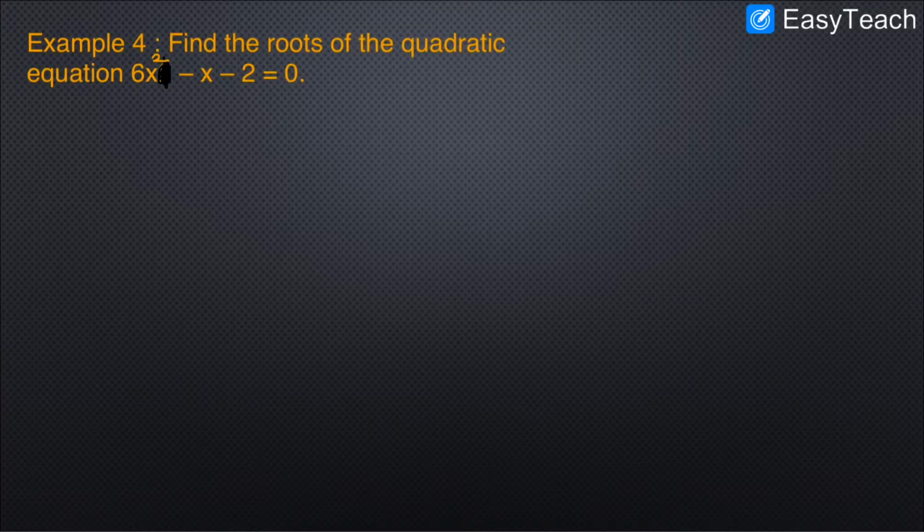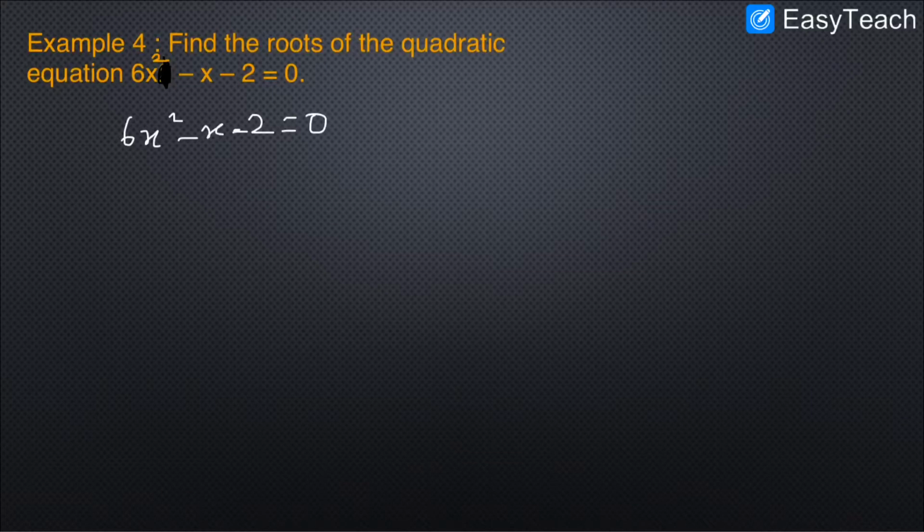So here is an example. This is how the question will be. Find the roots of the quadratic equation 6x square minus x minus 2 equals 0. Let's find the solution, or let's find the roots. So let's factorize first. So how to factorize? Actually, using the splitting the middle term technique,